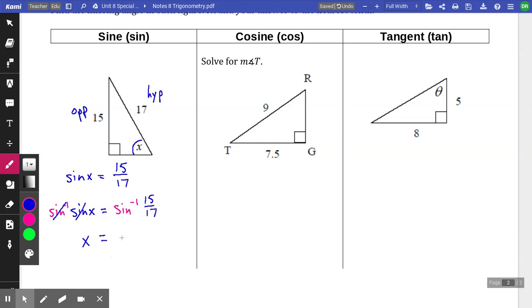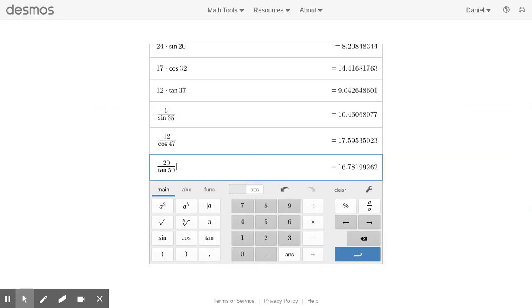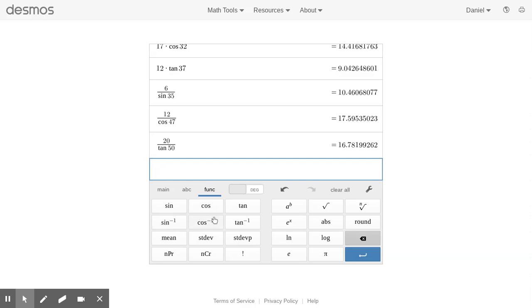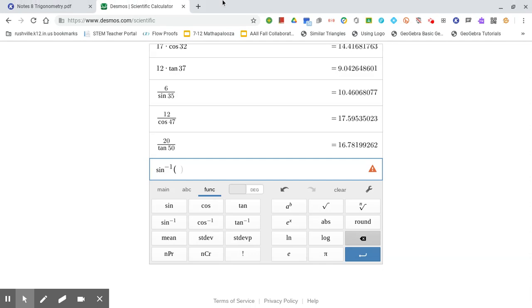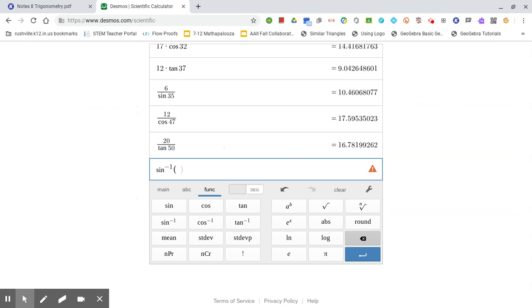Okay, and so what we get is that x equals the arc sine of 15 over 17, and all we need to do is type that into a calculator. So arc sine of 15 over 17. You can either type that in with the -1 written like an exponent. It's not an exponent, but you could type it in that way. You could also go to your function button, and right there you see the three inverse functions we just talked about. Click on arc sine. I've forgotten what our numbers were, 15 and 17. Okay, so I type in 15 over 17,